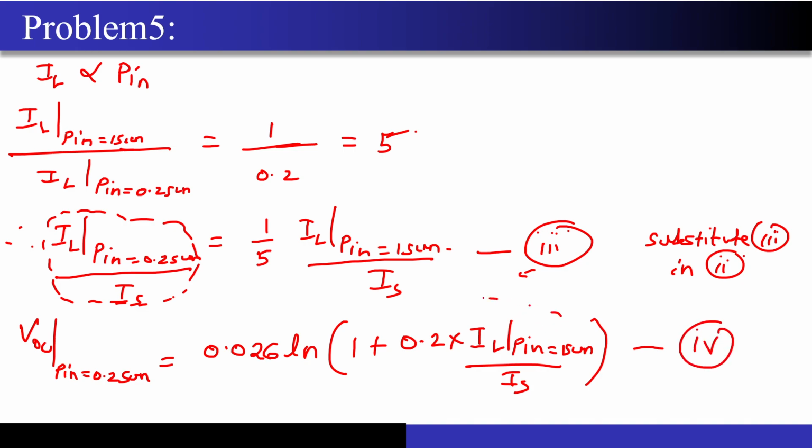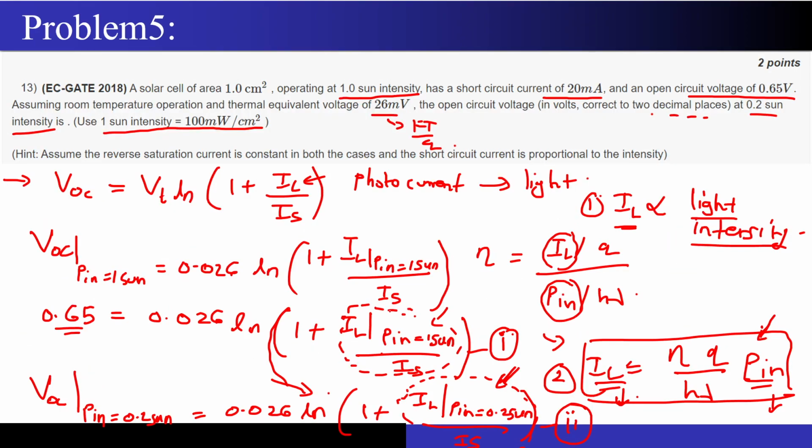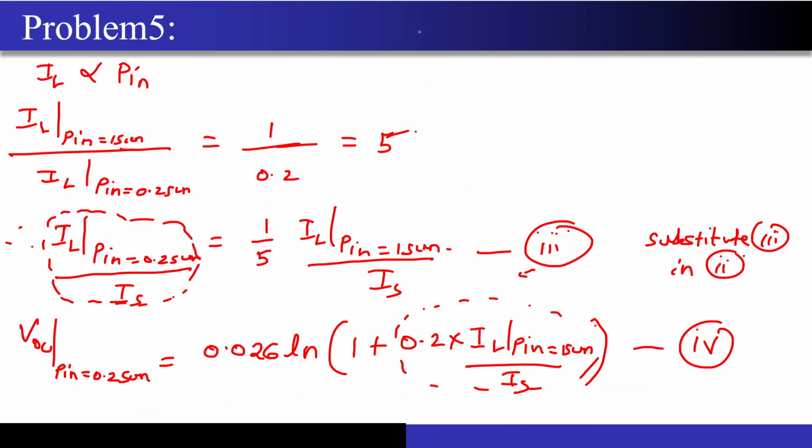Now these terms that you are seeing over here, and even this term in equation number 1, the ratio of IL by IS will always be greater than 1, because this saturation current is almost 10 to the power minus 12. And this current IL will be some milliampere or hundreds of microamperes maybe. Correct? So if you take the ratio, this term is much greater than 1.